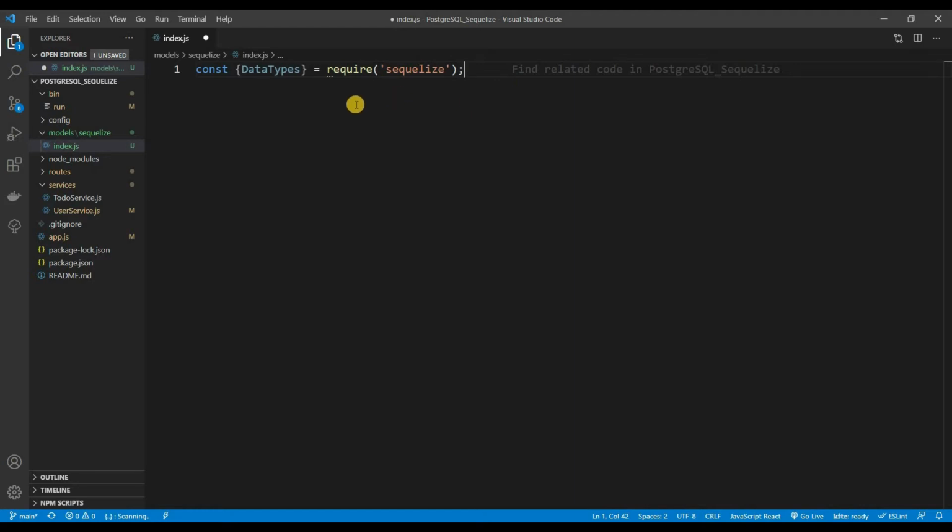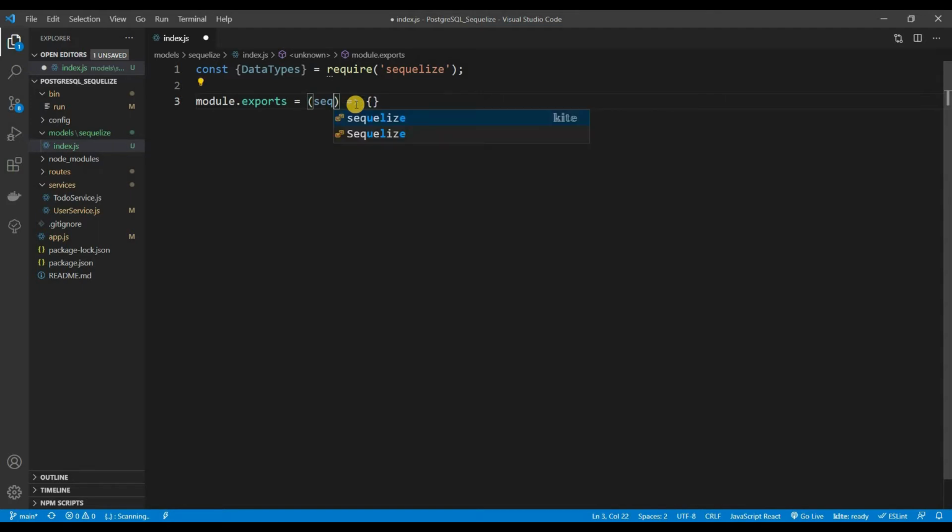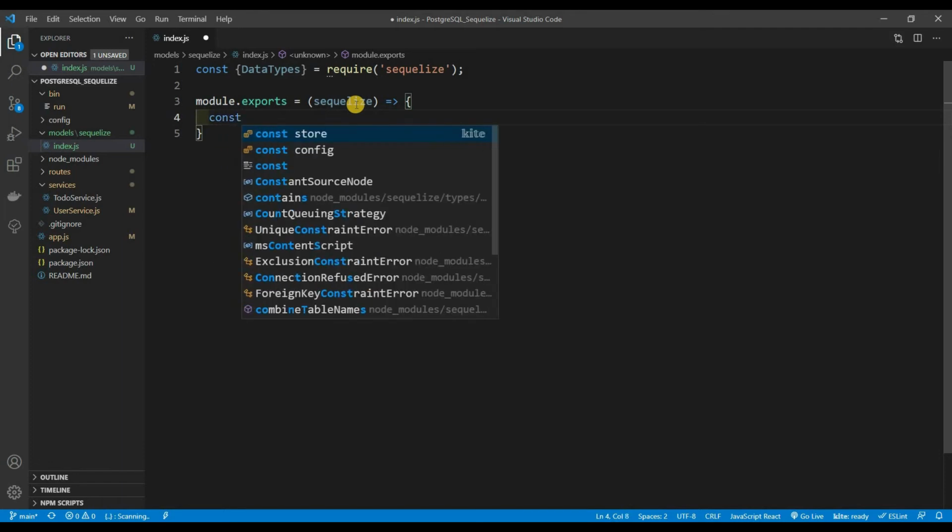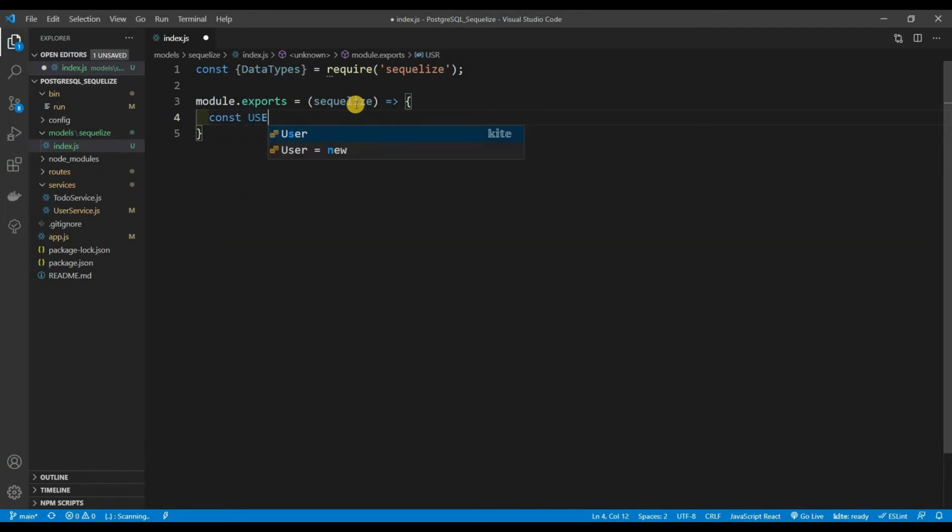So anyways, we're going to need that, and then module.exports, because you already know how I like to do my stuff. It's going to be a function, and we're going to be passing in the client, which is Sequelize. No, not selector. Sequelize. There you go. And in here, this is where we're going to create our model. We're going to create a user model, right? User is going to equal